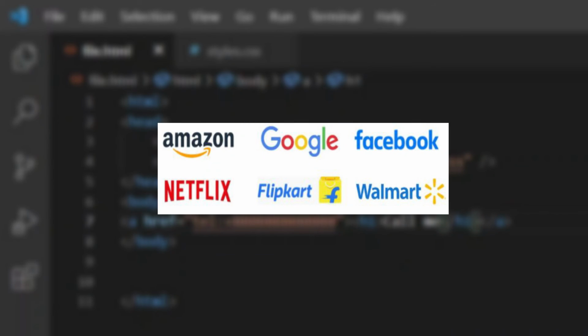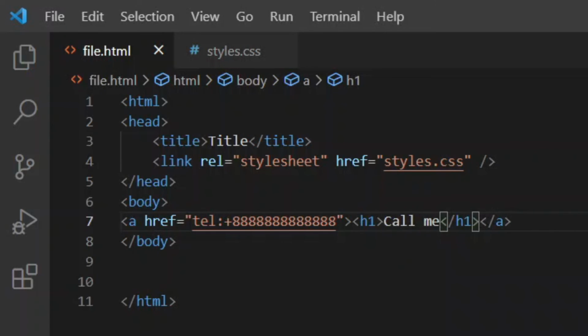Having learned this much, it is now time for your test. Create the following layout using tables in HTML using the images here. Each image must have a hyperlink on it which redirects us to the corresponding company's website homepage in a new tab. Pause the video now and give it your best attempt. Hope you did try it out.